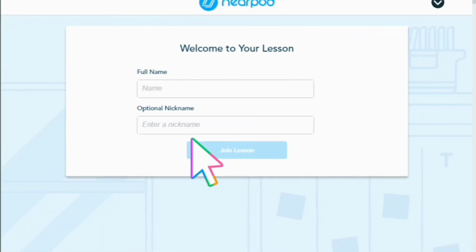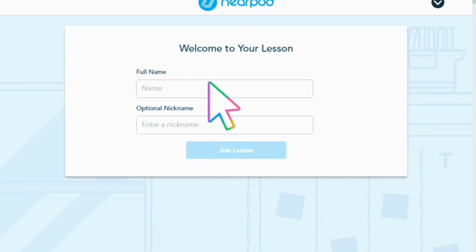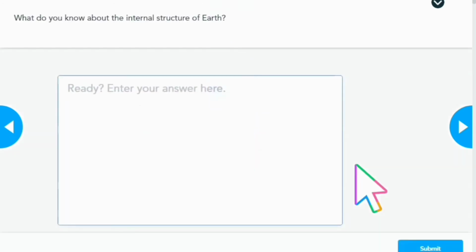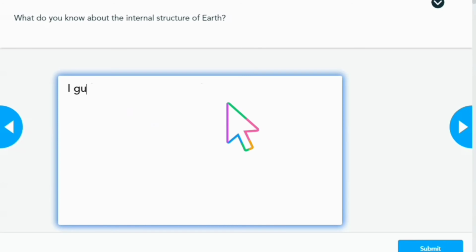So you can see I have pasted the code here. It will ask just for the name or the nickname that the student wants to use. So now you can see the open-ended question that I had given: What do you know about the internal structure of Earth?